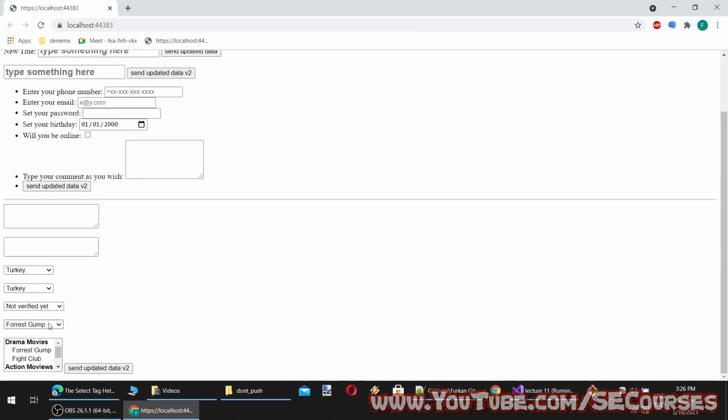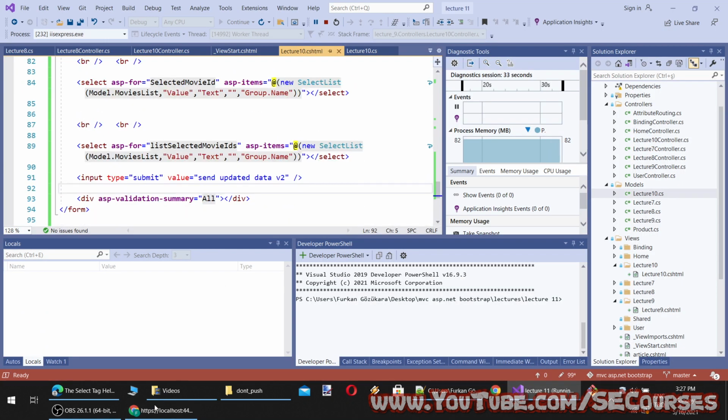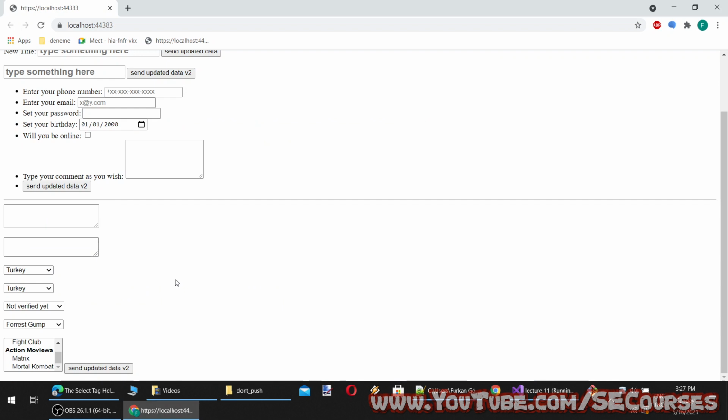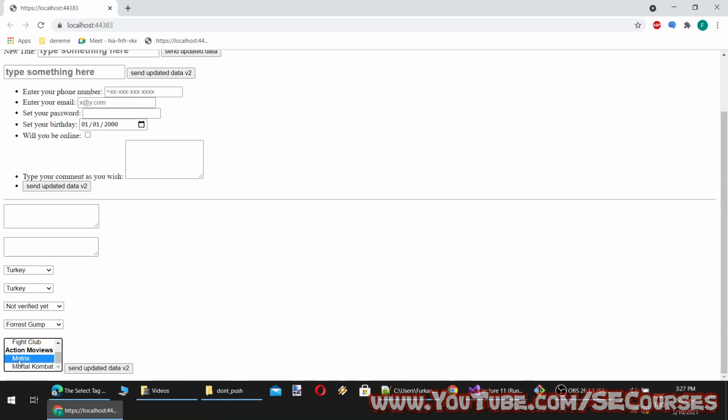Okay, now you see, this was our regular select box, as you can see, and this is the list box. We can of course change how they look easily using classes or writing inline CSS code. If we still didn't start Bootstrap, however, Bootstrap has a lot of classes to change how these elements are displayed. Now I can,